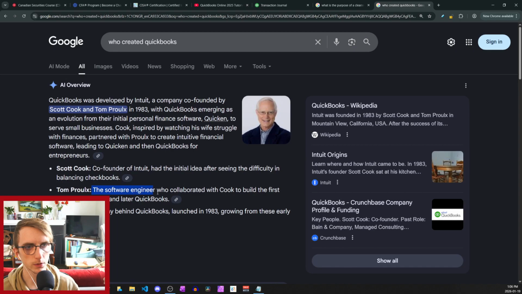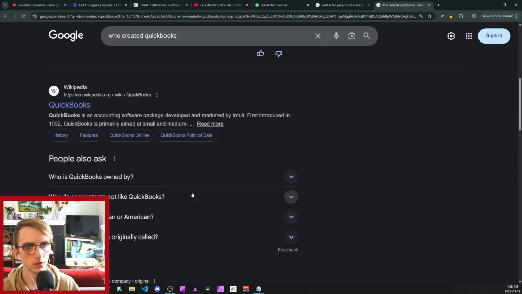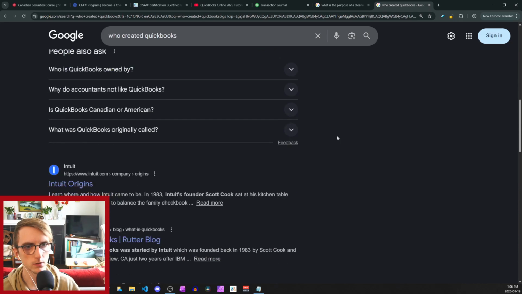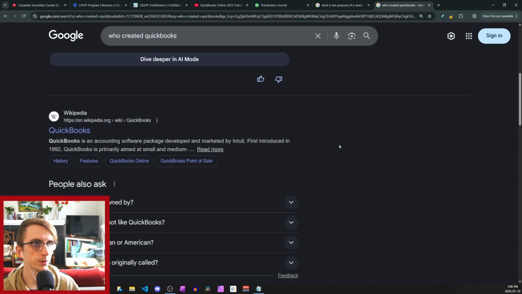Difficulty in balancing checkbooks. Software engineer. First introduced in 1992. Well, it's pretty damn good business,